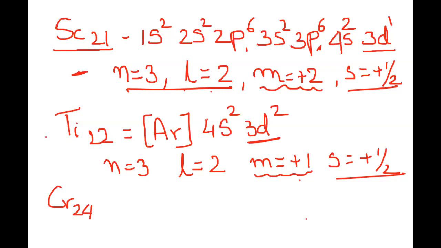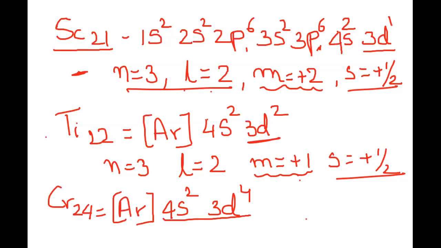All right. So with atomic number 24, argon, then it's going to be 4s2, that makes it 20, and then 3d4. This is the expected way of writing, because you're just writing it looking at the Aufbau principle. But what happens is that there is an electron which is going to jump and go to this place. So the electronic configuration in this case is now 4s1 and 3d5. All right, 4s1 and 3d5.